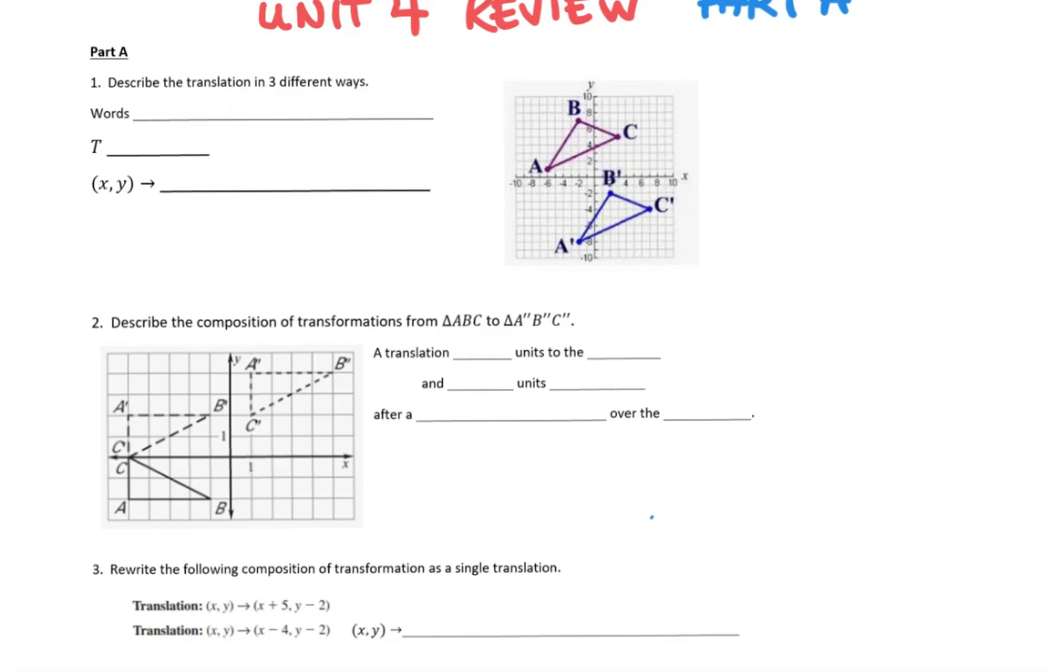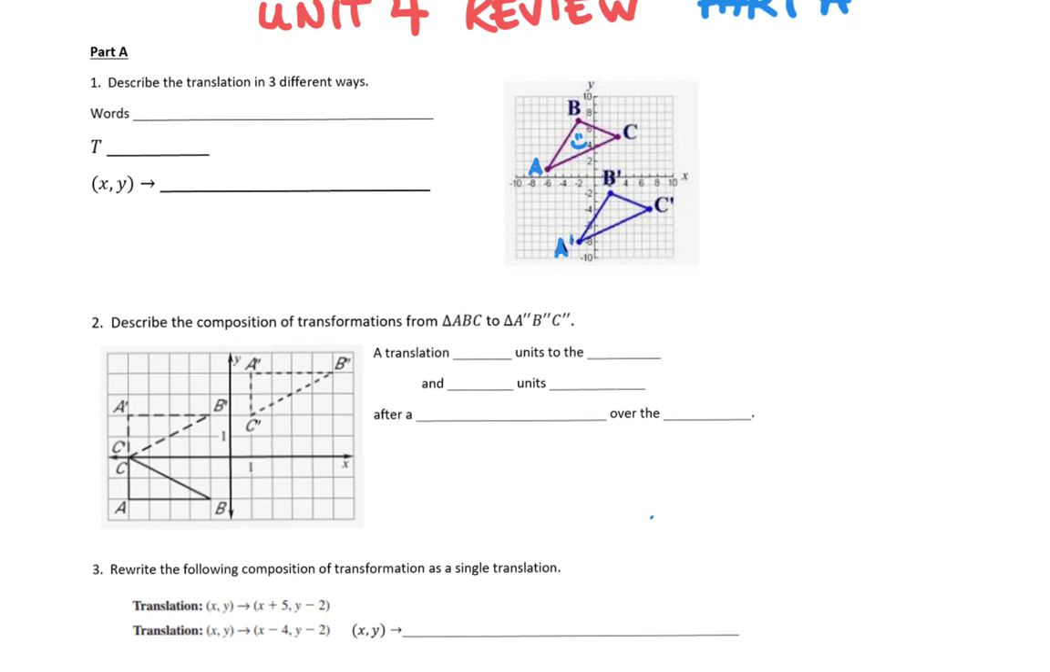All right, this is part A of our Unit 4 review. Question number 1, we're going to describe the translation in 3 different ways. So remember that we start at the pre-image, which is the one that does not have the prime. So we're going to start at triangle ABC, and we're going to have to translate to this triangle A prime,